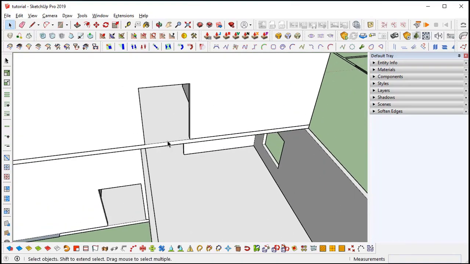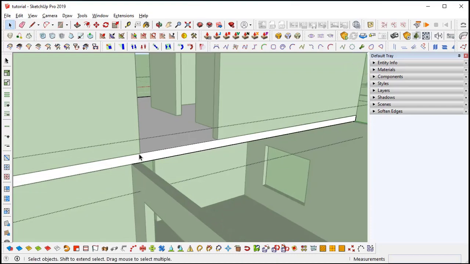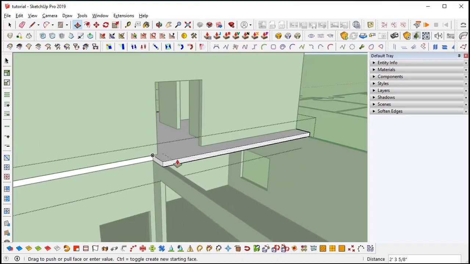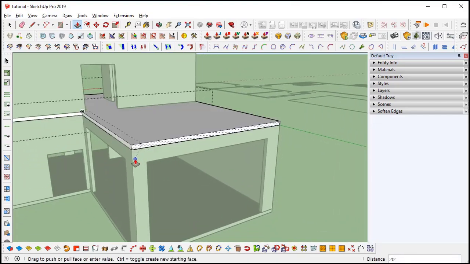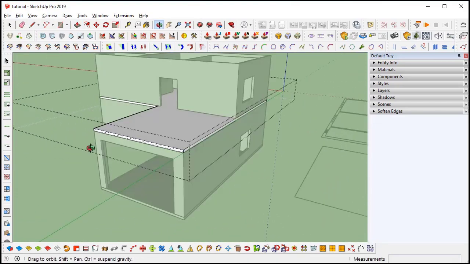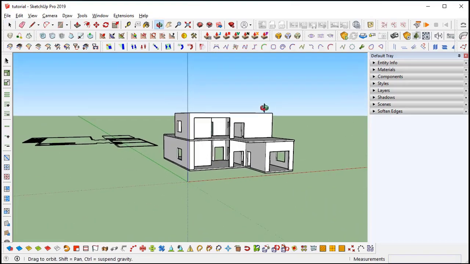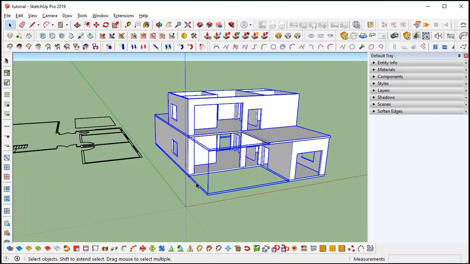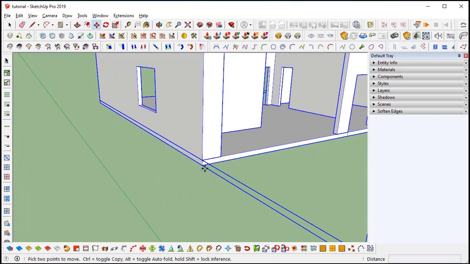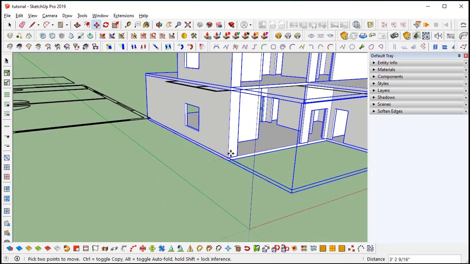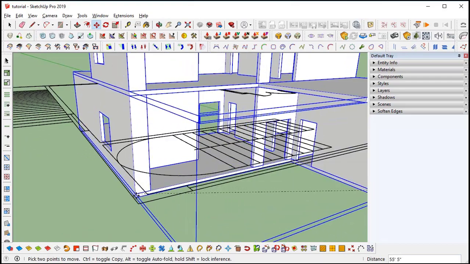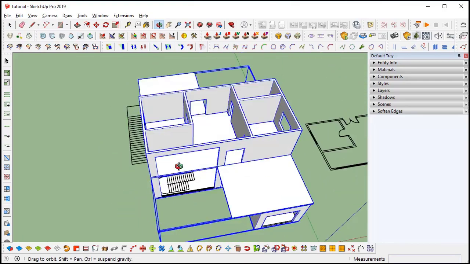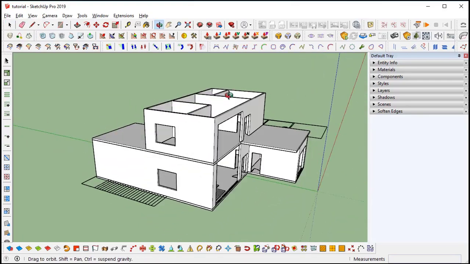Yeah, I think I forgot this one. I will simply draw a line here. Push pull to cover all that part here. Now everything's fine. Copy all the models. I'll just move all the models to the position to check whether all the models are fine or not. Yeah, everything is fine, and save it.